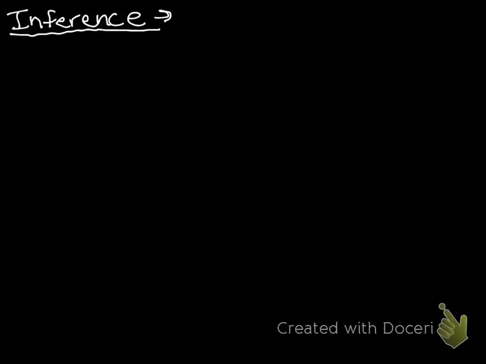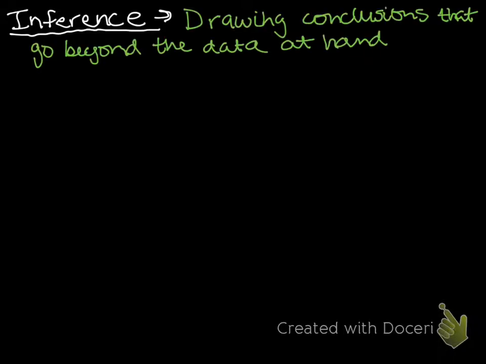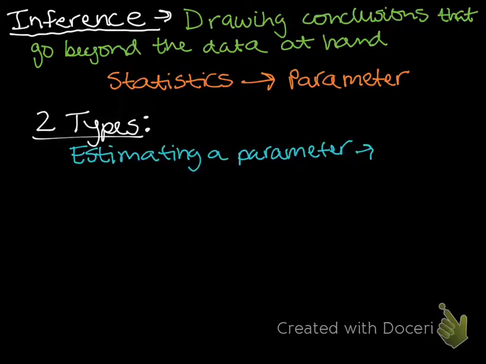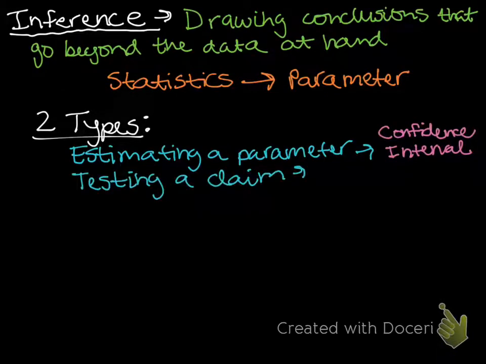Today, we're going to start the last part of AP Stats, which is called inference. What is inference? Inference is drawing conclusions that go beyond the data at hand. There are two main types of inference that we're going to look at. One is estimating a parameter, which is what we're about to do today. That's confidence intervals. And the second type is testing a claim, which is what we'll do in the next chapter,